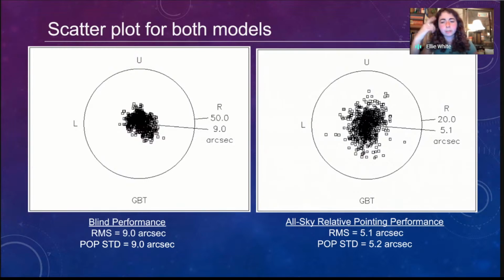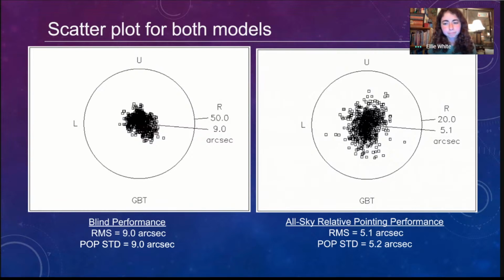This is basically a view of what you would see if you could look through the GBT, which unfortunately you can't, but if you could, this is how the errors would be distributed across the field of view. You can see that with just the pointing model applied, no calibrations, your standard error would be about 9 arcseconds. And that's really, really good. We're really pleased with that. You can do observing at a lot of frequencies where that's sufficient, and you wouldn't even need to do a calibration at the beginning at really low frequencies, like L-band, for example, which is where the hydrogen line is.